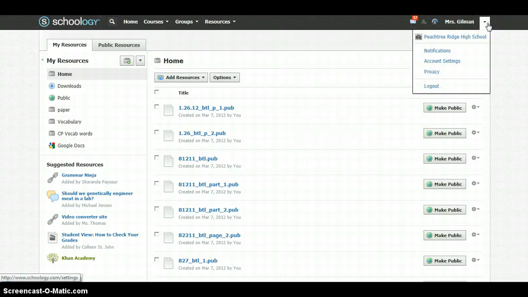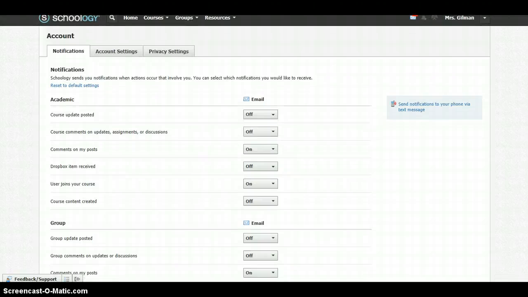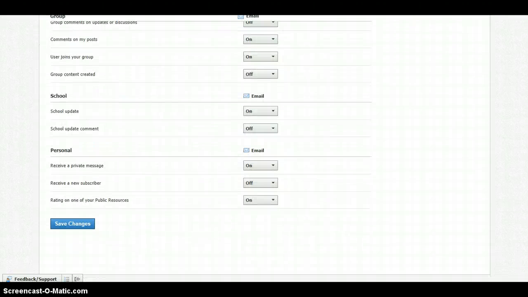If you click over here where you are, you can set up your account for how you want people to view your class. You can set up notifications to see how often you want to be bothered. If a course update is posted, do you want it to be sent to your email? You can put that on or off. So you may want to turn some of these off like I did, so you're not getting 100 emails whenever something goes on with Schoology. I made sure that I kept receive a private message on so that when students email me, I get it